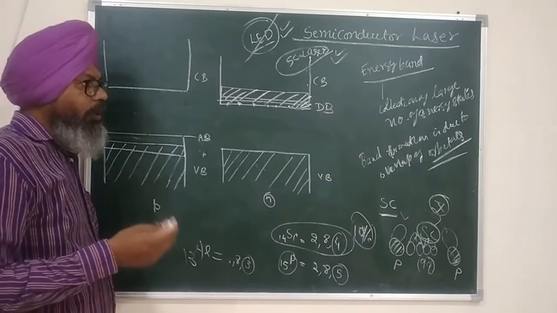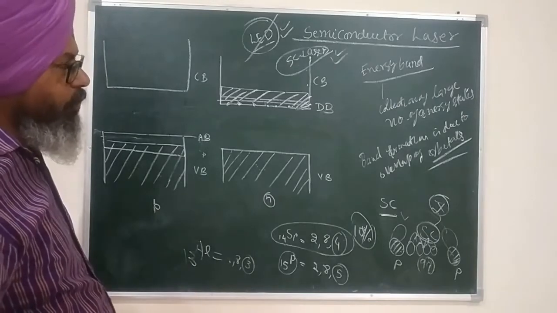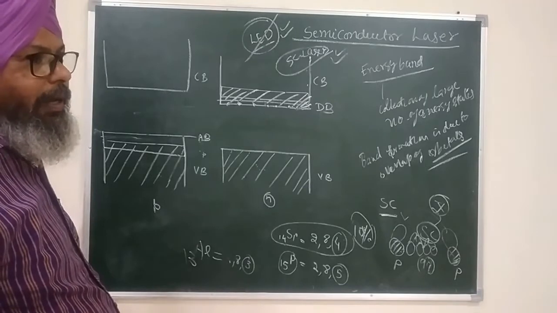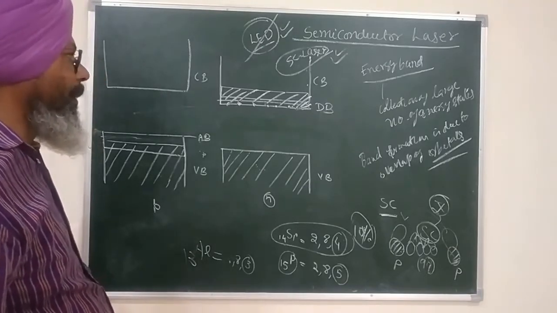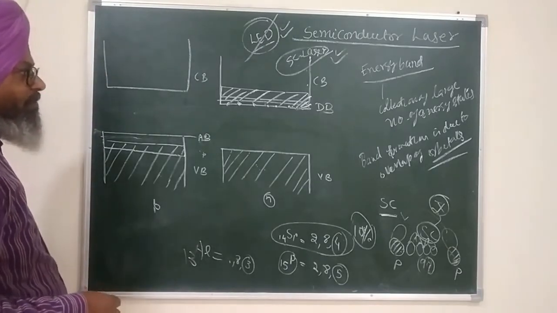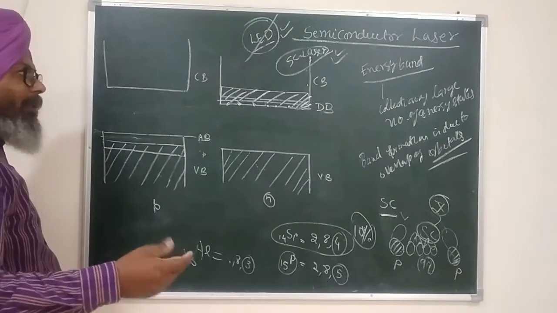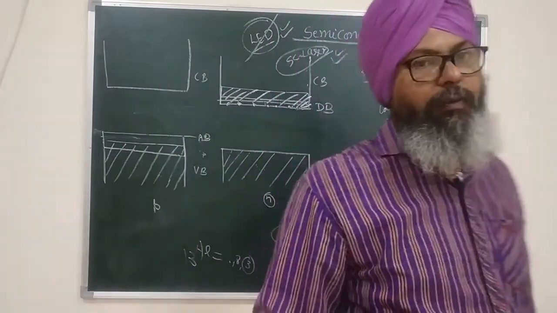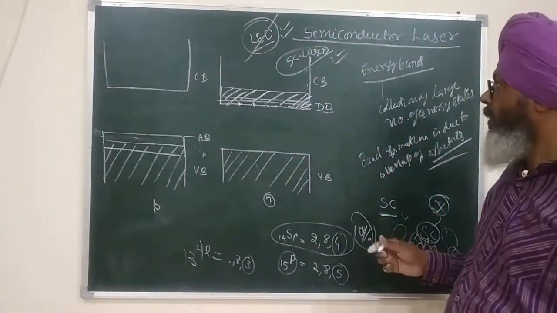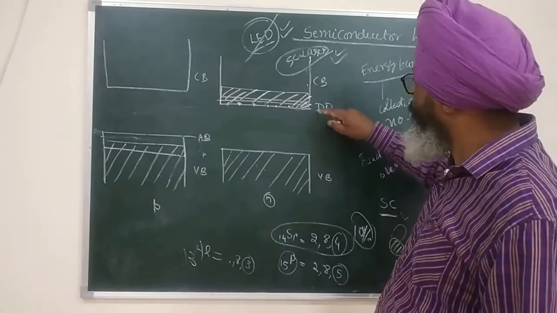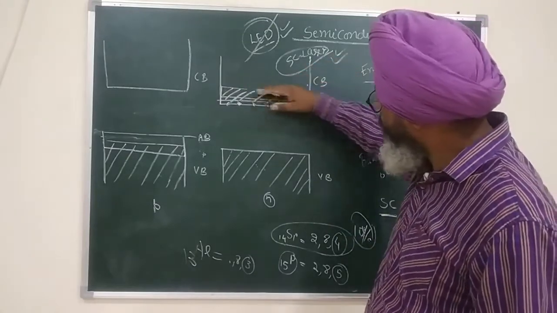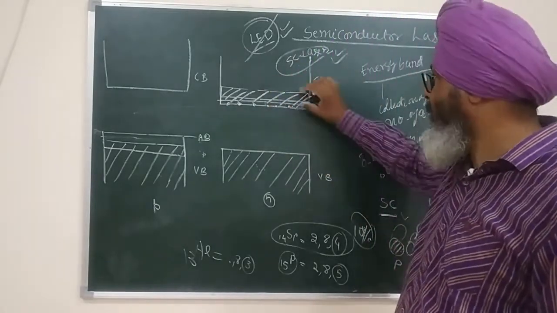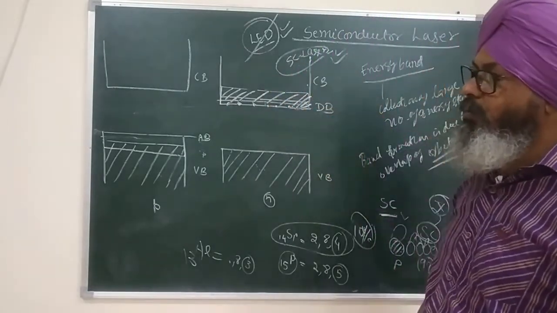Now, what is the important thing: you know that the donor level is filled with electrons. So if the donor level is filled with electrons, therefore the donor band will also be a filled band. That is why I have shaded it. So kindly remember, usually we say that at 0 Kelvin, all the electrons are in the valence band and the conduction band is fully empty. Now, in case of higher concentration, the lower portion of the conduction band will contain some electrons, you must remember, and this is possible only if the concentration of the impurity is very, very high.